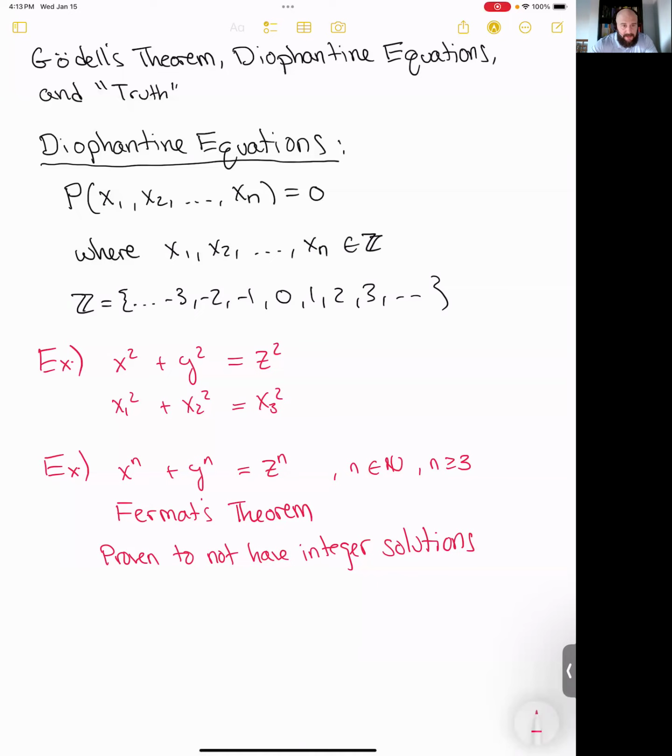Okay, great. What else? So we should give a few more examples. Oh yeah, by the way, I should say it was proven to have no integer solutions by Andrew Wiles in 1995. Okay, so that's a fun example, but